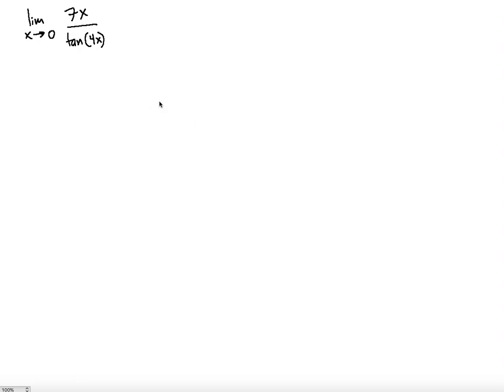Like to find the limit of the function 7x over tangent of 4x as the x value approaches 0. As it is, you can't evaluate it because you will have a 0 in the denominator. So the first thing that you're going to do is take the 7 out, so you will have